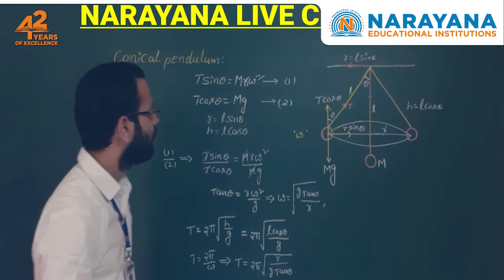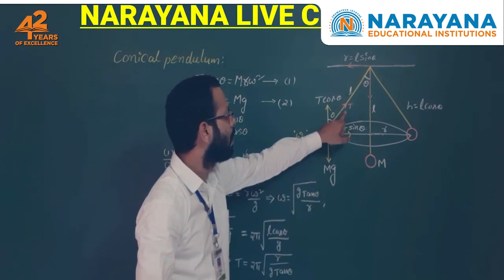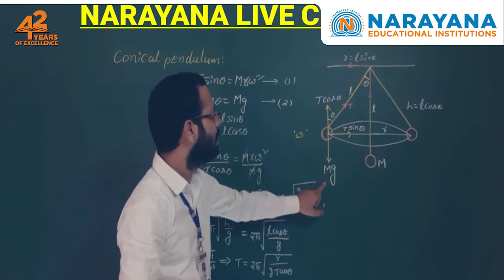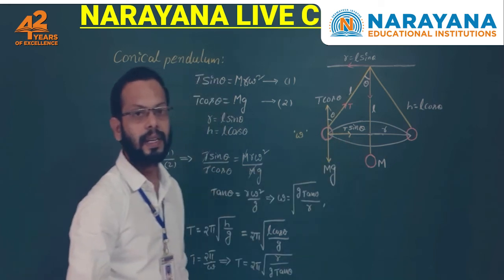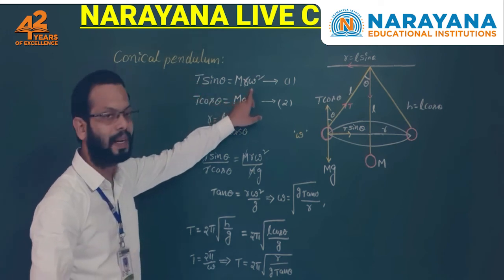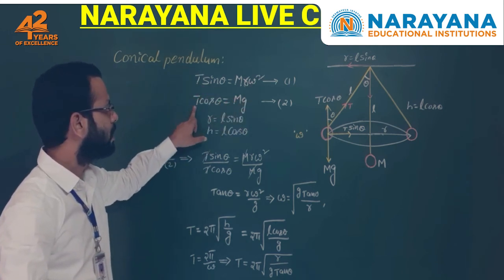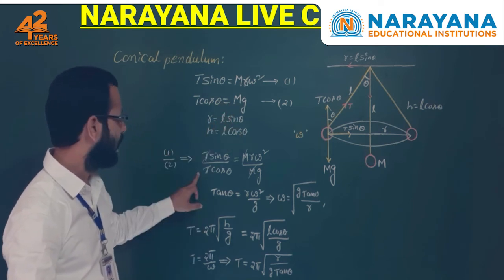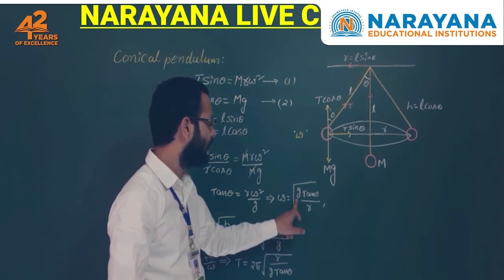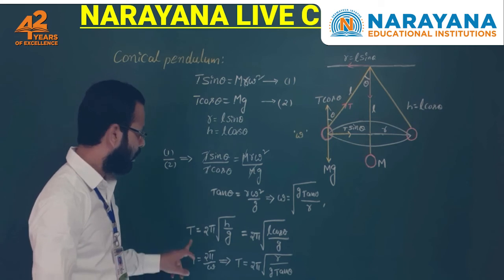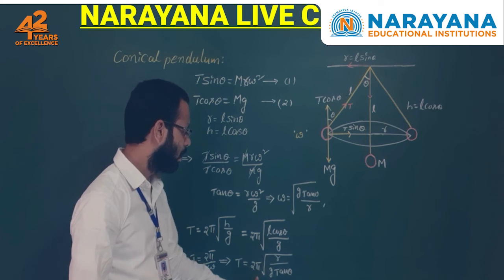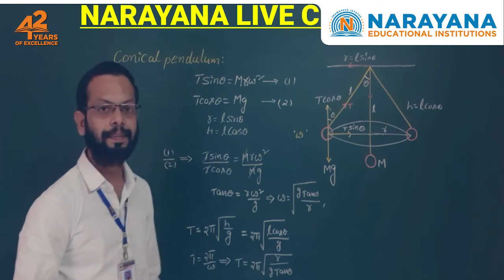So what is the angular speed? Here we can see the tension is having two components, T cos theta and T sin theta. This T cos theta balances the weight, whereas T sin theta provides the necessary centripetal force. So from this we can get two equations. One is T sin theta is centripetal force m r omega square, and T cos theta balances weight m g. From this we get tan theta is r omega square by g. From this we can write omega is root g tan theta by r. Now coming to time period of the pendulum, that is 2 pi root L cos theta by g, or 2 pi root r by g tan theta.